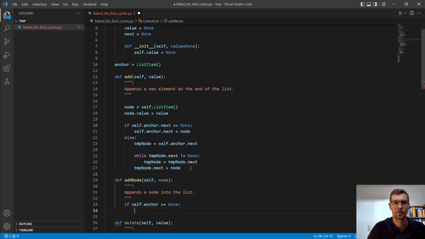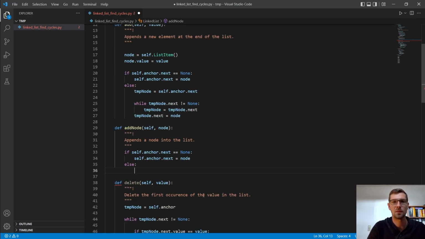Then we say, here we actually have to ask if the next element is None, because our anchor is initialized here with a ListItem and will never be None. So we say if the next element of it is actually None, then we say self.anchor.next equals our node that we were given. Otherwise,